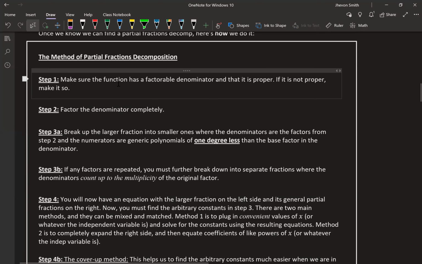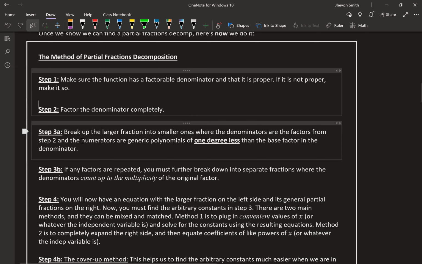So step 1, make sure the function has a factorable denominator and that it is proper. That's the first thing. Before you even start the process, you have to check that the process is possible. Step 2, you're actually going to factor the denominator completely, okay? Step 3, you're going to break up the larger fraction into smaller fractions, where the denominators are the factors from step 2,